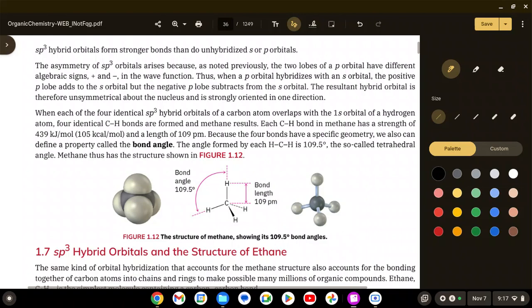So if you were to have little balls connected by little lines, you could rotate this molecule around. And there are some good videos that you can look at, and even some